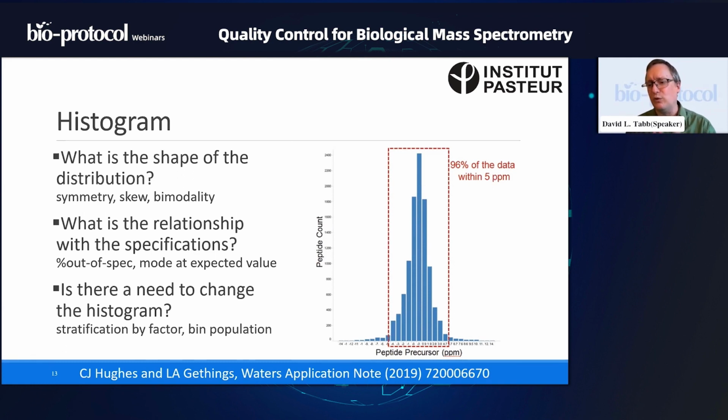There are many times when we'll find that, well, just to make it topical, to say, for example, that a TOF might tend in the upward direction of mass error rather than down. So in this case, its mass errors would more likely rise than fall, and so you wouldn't see a symmetric Gaussian distribution, but rather something that pushes over to the side. So the symmetry can help you see that. The skew, which is to say, is it centered or is it pushing left or pushing right? Or the bimodality. Bimodality is a very big deal.